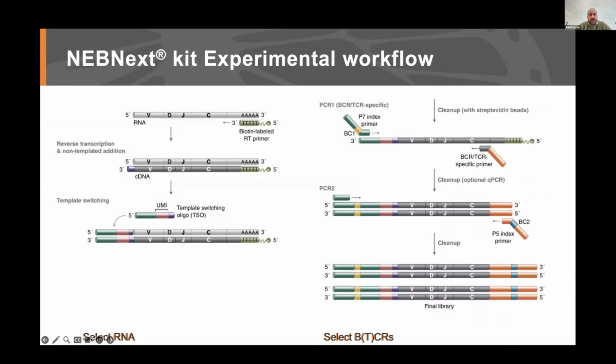So our experimental workflow consists of two main steps. First, selecting the RNA from the samples. This is done with the biotinylated poly-T primers in a reverse transcription reaction, where a UMI is also